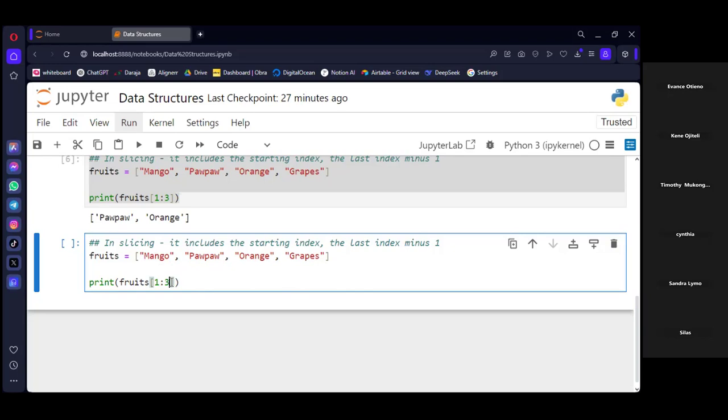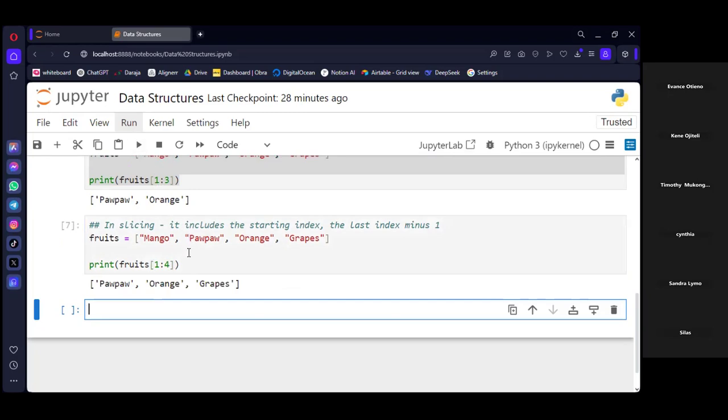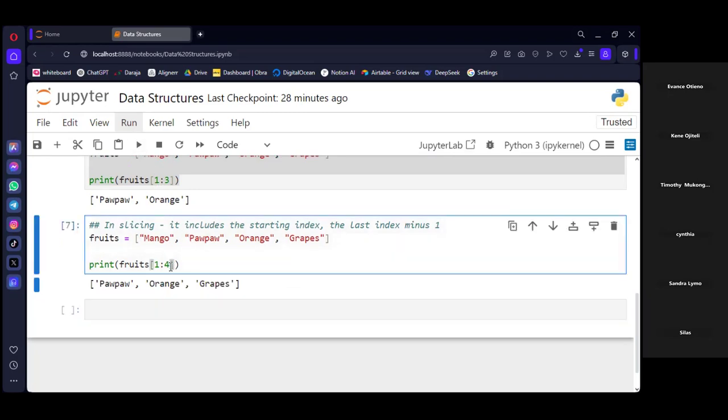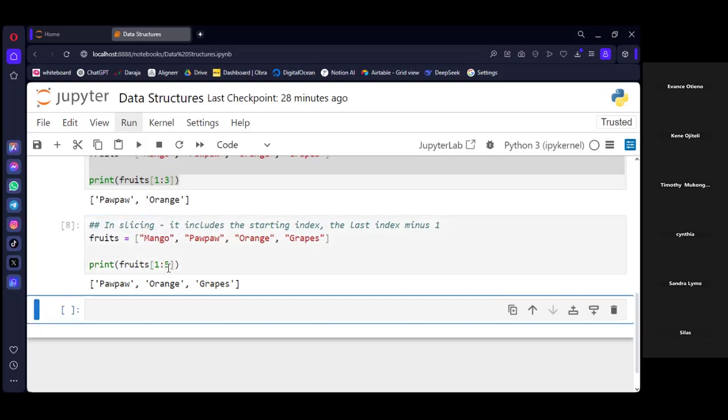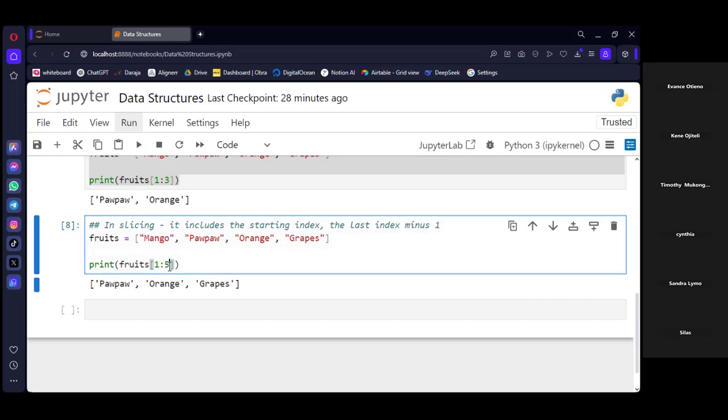If we add in 4, we don't have position 4 in this case; the elements reach index 3, we have 4 elements, but their indexes begin from 0, 1, 2, 3. So when you add in 4 here, we should get an error. Oh, it has worked, but it shouldn't. Okay, it's working, but I thought it shouldn't.